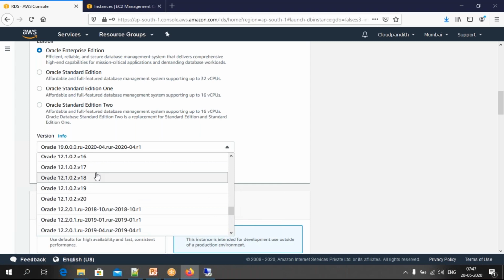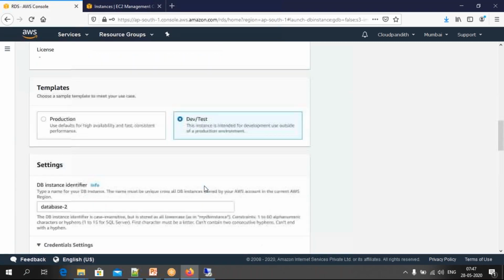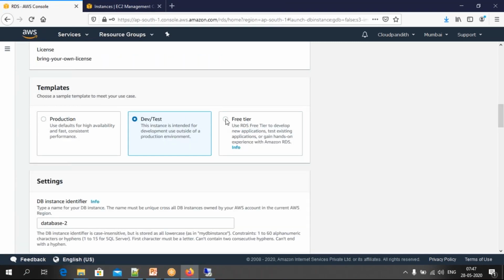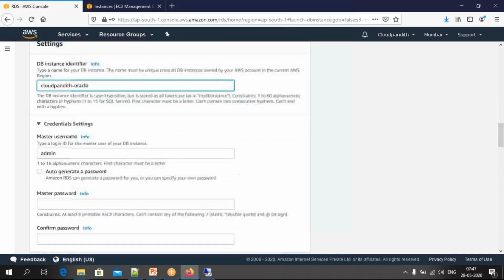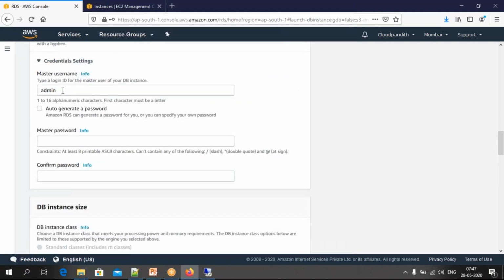Select some version. Okay. It will be eligible for free tier. Select free tier. Previously I had given the name here, actually Cloud Pandit iPhone Oracle. Okay, so come down. Enter your username here.